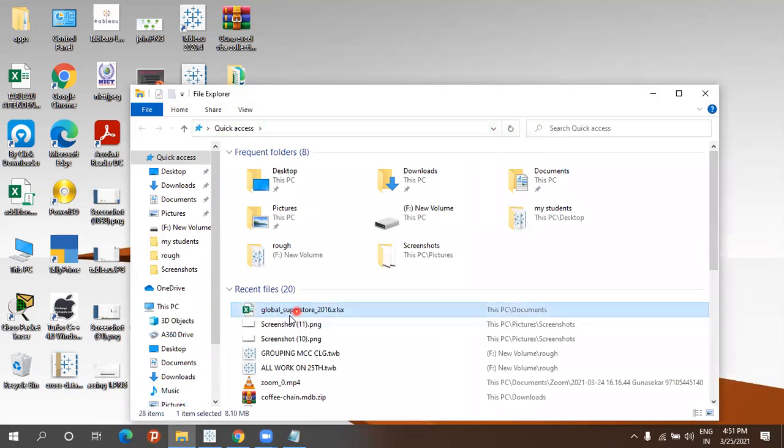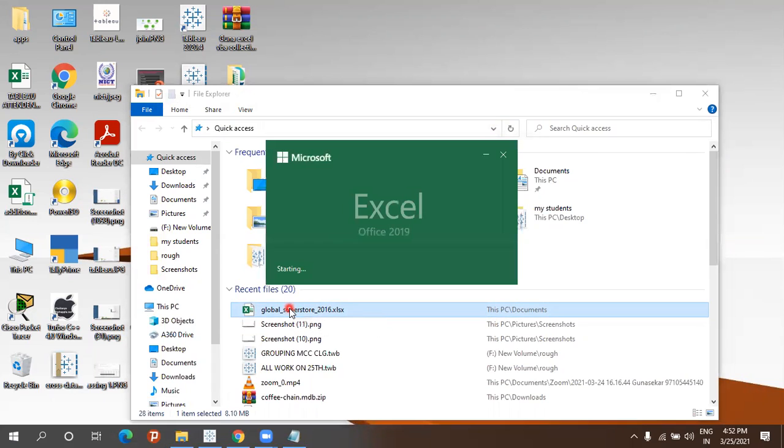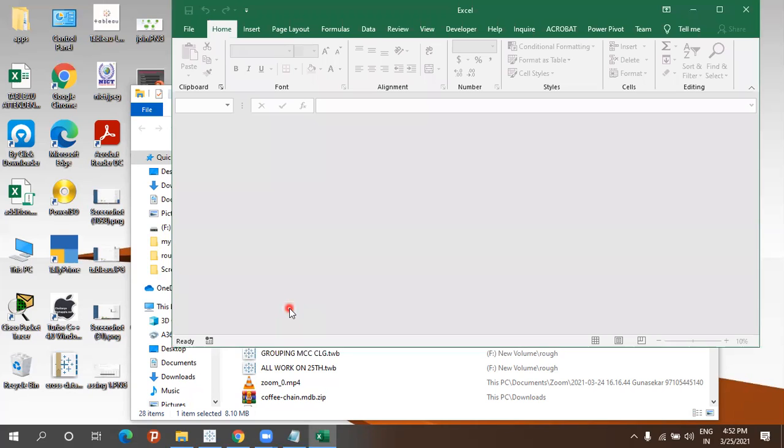Let's open this from recently opened. Open yours also, where it will be easy to compare. We are going to see the number of records, how many we have here and there.